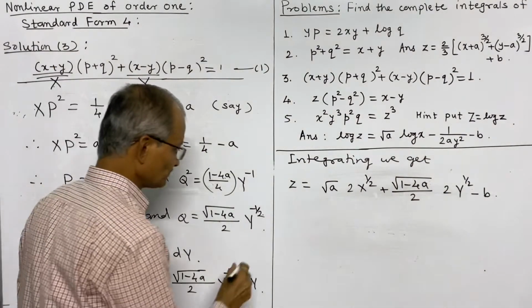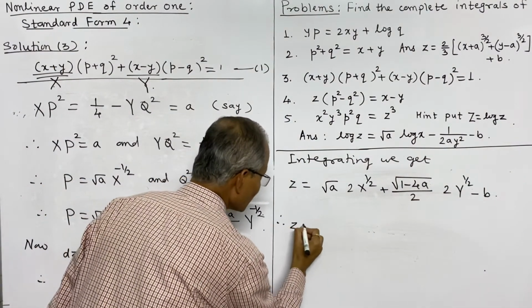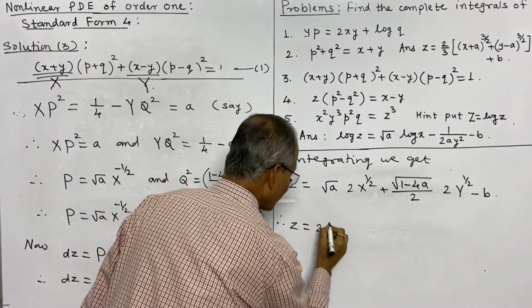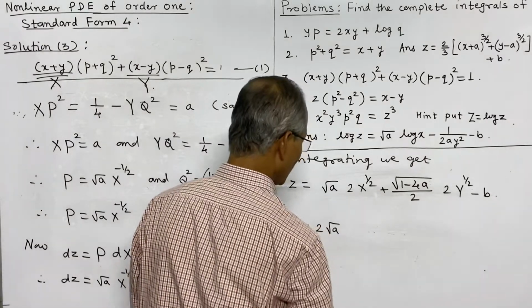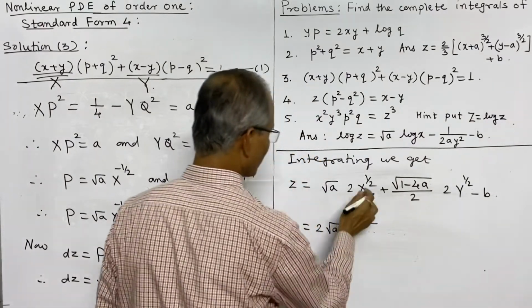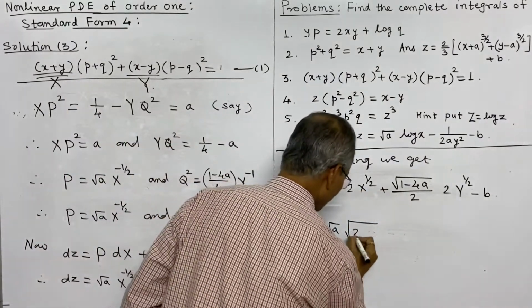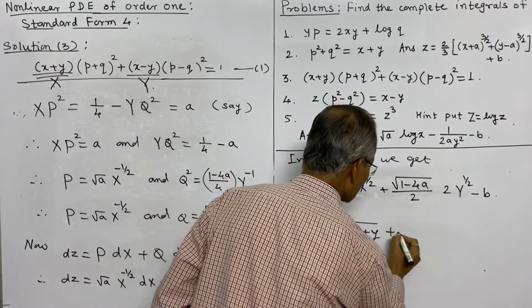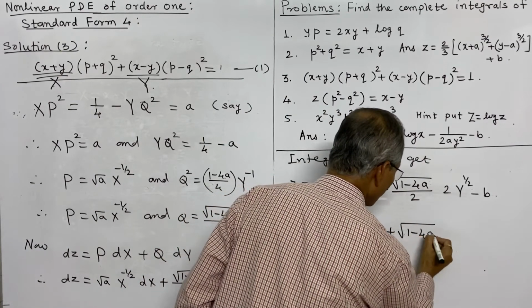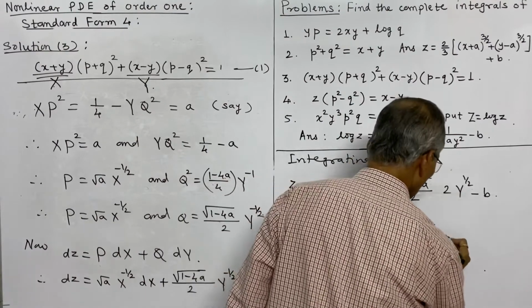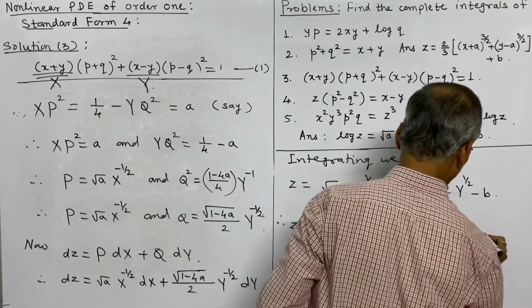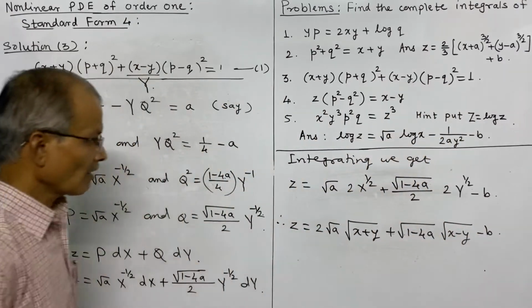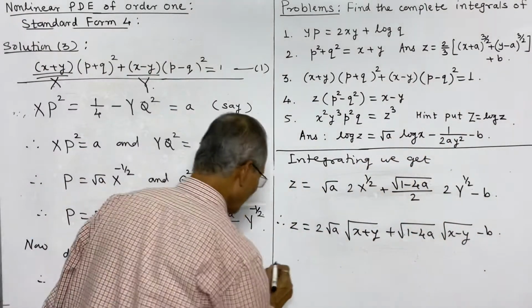So that is z is equal to 2 root a into, we may write it under root of capital X is x plus y, and plus root of 1 minus 4a, these two cancel, and this is root of x minus y, capital Y, and minus b. Or it may be written as